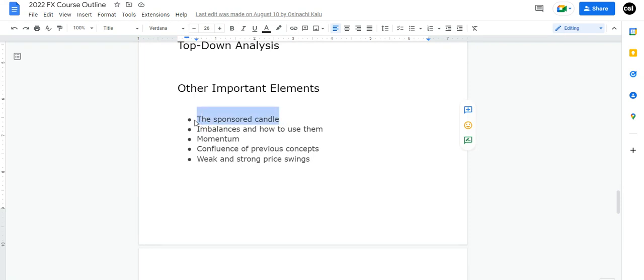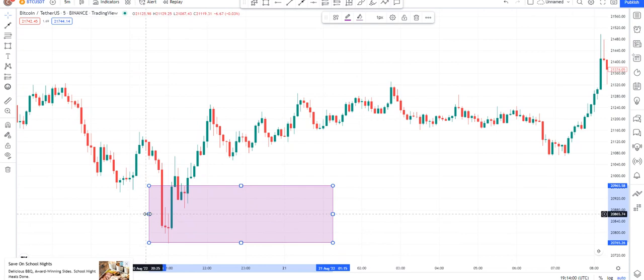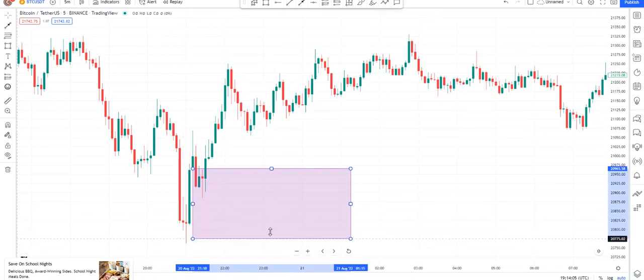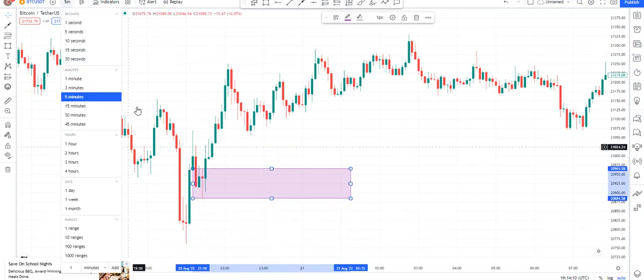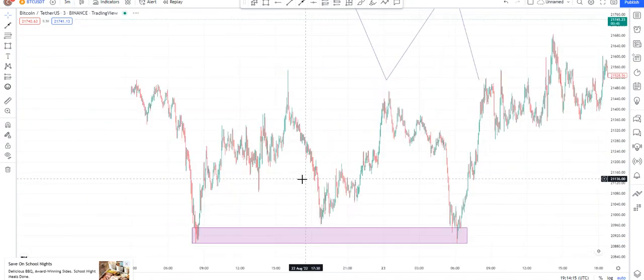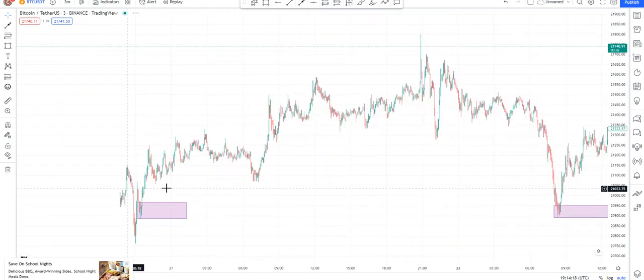So what I'm treating today is the sponsored candle. The sponsored candle is an order block as well, but it's a special type of order block. The reason we say it's special is because that order block is where the big boys actually started playing in the market. So today we're going to learn how to identify the sponsored candle. I'm going to choose this as my order block, and I'll go to a lower time frame